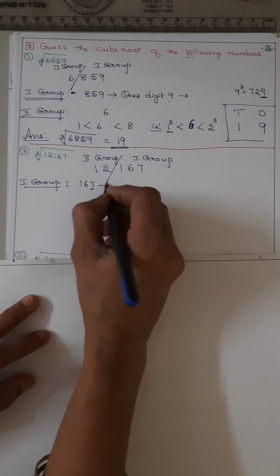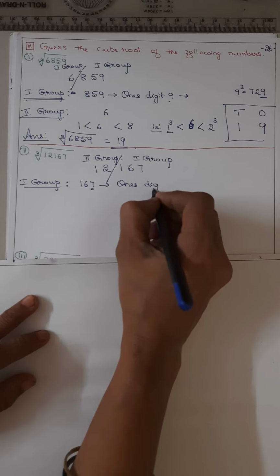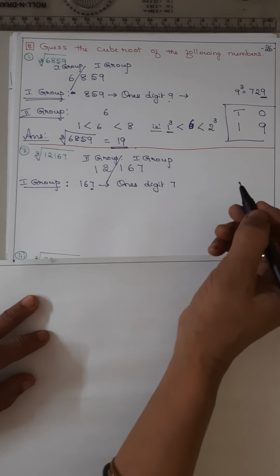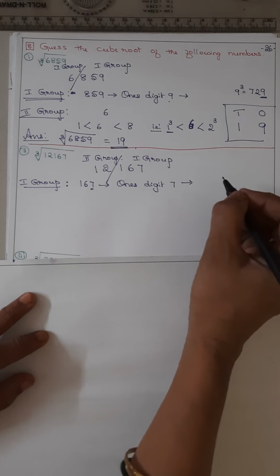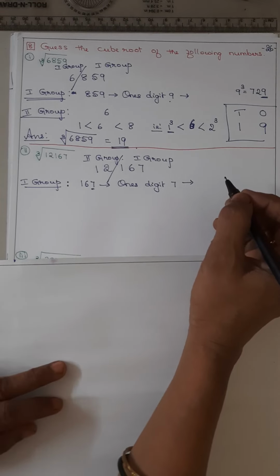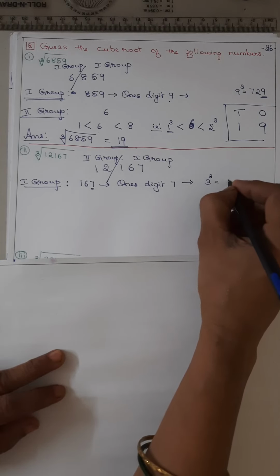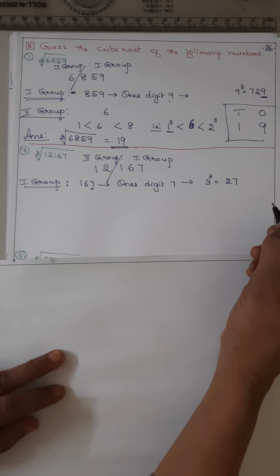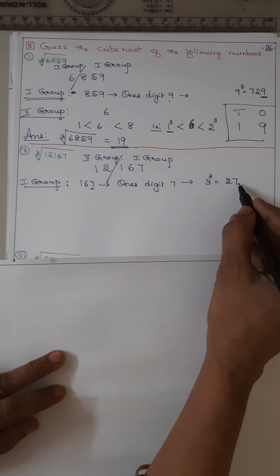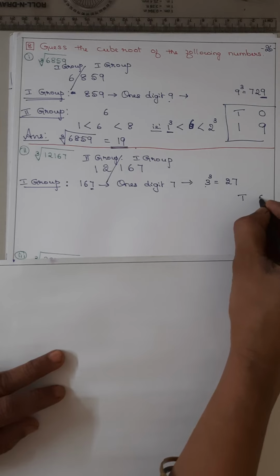So ones digit is what? 7. So किसके क्यूब में 7 is in the ones place? It is a 3 cube is equal to 27. So 7 किसके क्यूब में है? 3. So the answer,